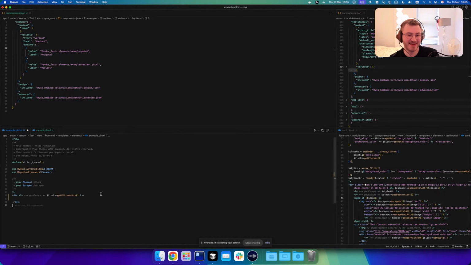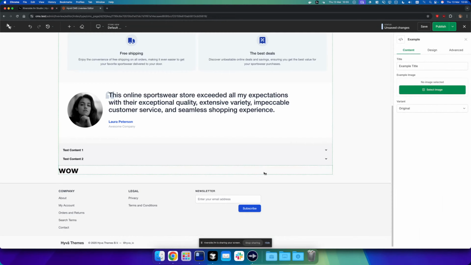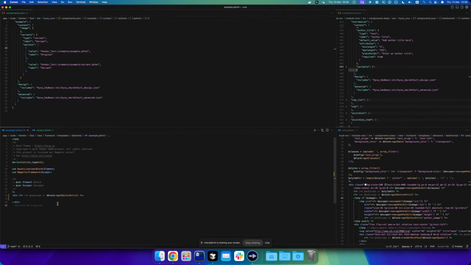So yeah, you might see a couple of different things, such as editor attributes. What that essentially means is that we know this is a clickable area for it to open the component. But we can get a bit cooler with it. Let's add an H1 tag, make sure that we escape our fields, and say block get title. And there we go. So that's the title.